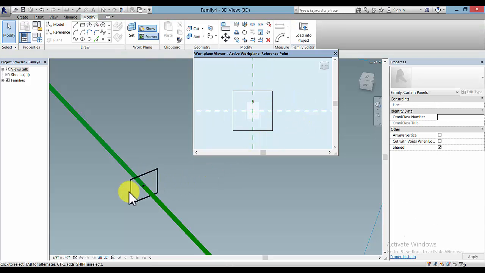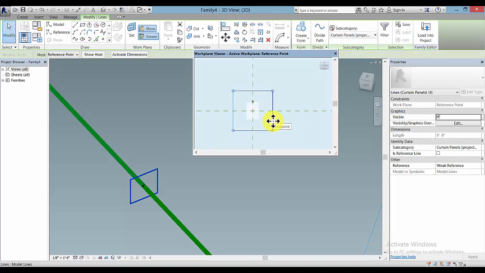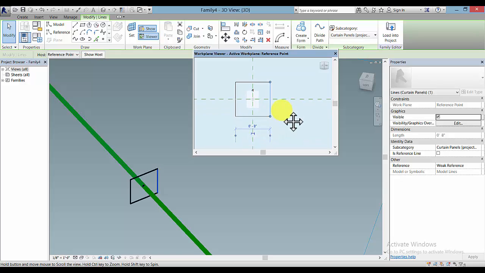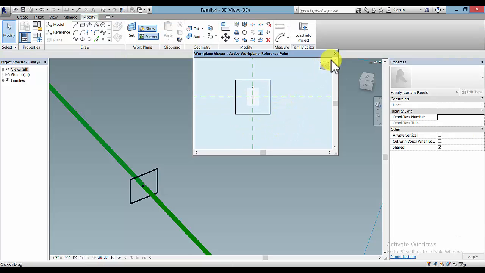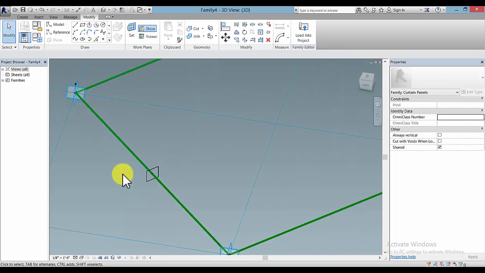And you can see as I'm drawing it, you can see that this profile is being created in the model as I'm drawing it in the viewer. You can use a different dimension if you'd like. I just selected it, and then I selected a side again to see that it's 8 inches. So I can close out of the viewer now and use